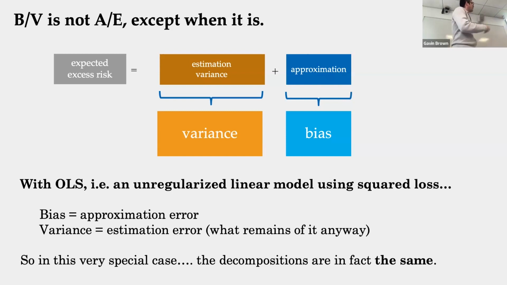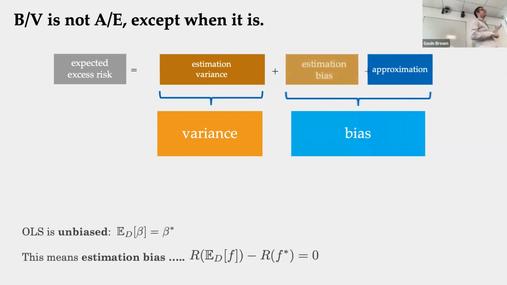So in this very, very constrained case, they are the same decomposition, but not in general, and only for squared loss as far as I can tell. And that, as far as I can tell, is the caveat there. It might actually be more general, but I don't know. So this is with OLS. If you have any degree of regularization, so if you have a ridge regression, with a little lambda, and you constrain the weights of the linear regression in some way, then this happens. The estimation bias comes back. And so they're not the same decomposition again.